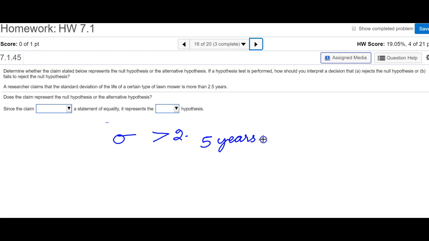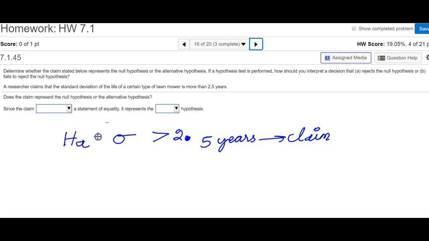Okay, this is my claim. I don't see an equality sign, so this is definitely my